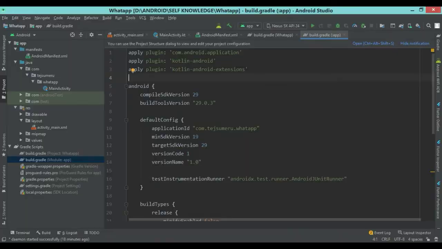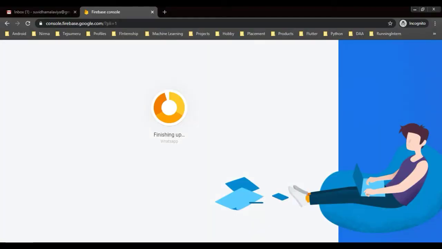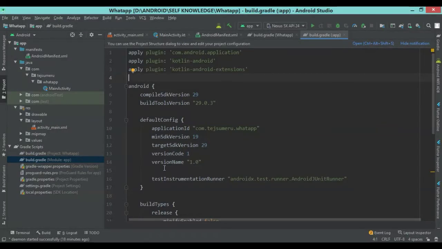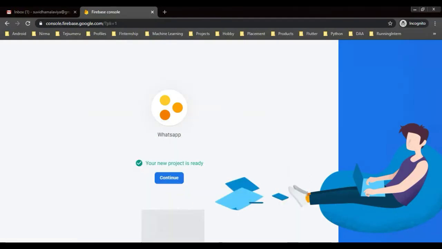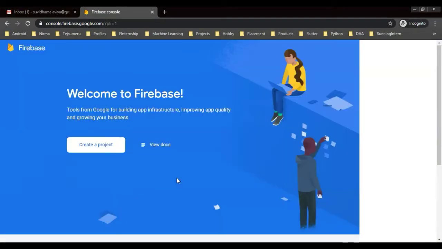Package name is something like com.pagesumaru.whatsapp here. Package name is also known as application ID, by which our application is uniquely identified in the Play Store. So click on continue.